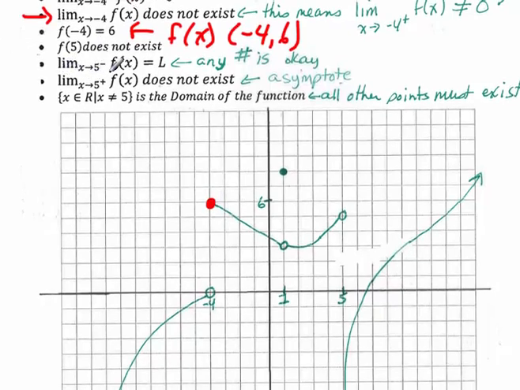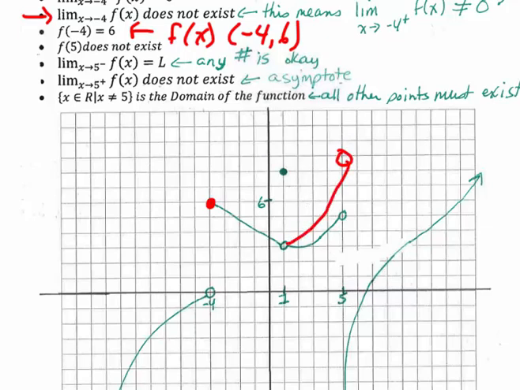The limit as x approaches 5 from the left, so as I'm approaching 5 from the left, I'm approaching a value. Again, I have a variable here. A variable represents any number. So basically this is saying I am approaching some number from the left. In this case, I happen to choose the number 1, 2, 3, or 5, it looks like. But again, I could have chosen any other number as well. I could have just as easily approached